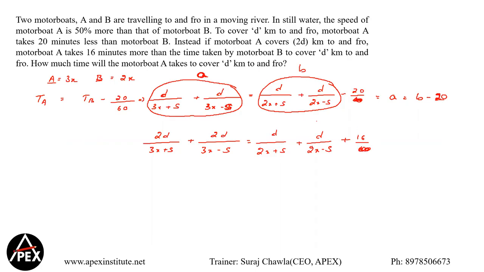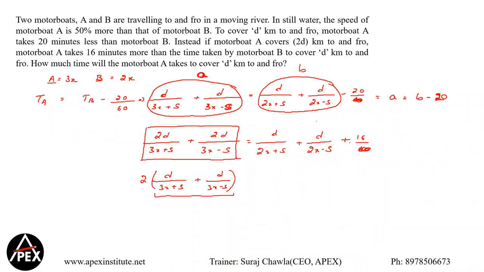Clear? Now, if d by 3x plus s, so can I just observe here, guys? Can I write this part as 2a? Please let me know if you have a doubt. Because this can be written as 2 common d divided by 3x plus s plus again d divided by 3x minus s. And we know that this whole thing we have assumed as a. So I get 2a is equal to, this remains as b only. Clear? b plus 16. And we need the value of a here, guys.